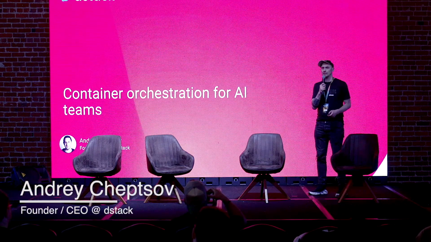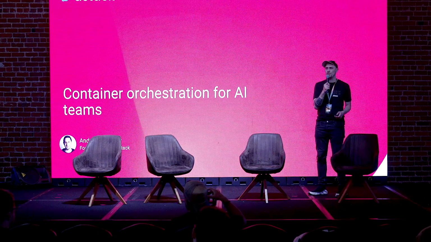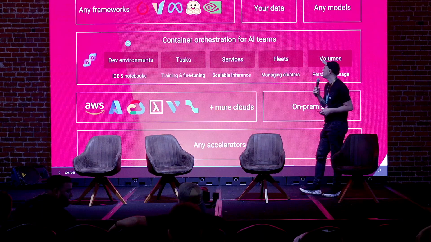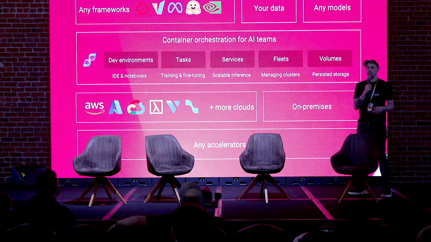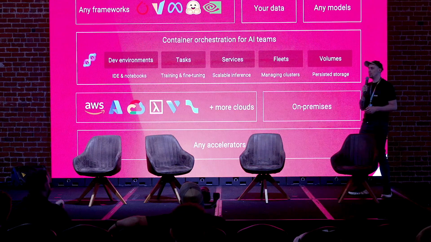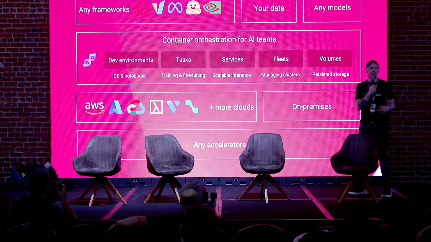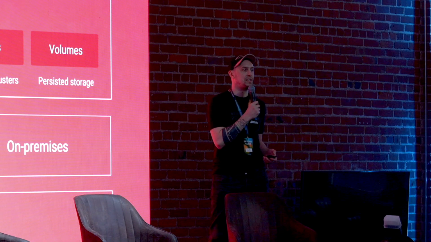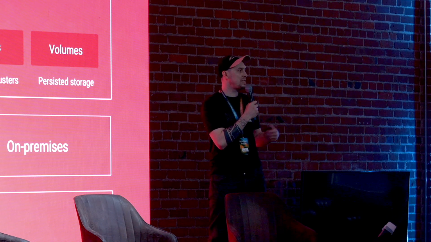And what we do is we build an open source alternative to Kubernetes and Slurm, specifically for AI workloads. So you can think of dstack as a container orchestrator, and in that case, it's very similar to Kubernetes. Just like Kubernetes, it orchestrates containers over any cloud provider or any on-prem. And containers means that you can use any Docker images whatsoever, but the orchestrator takes care of, well, basically orchestration,